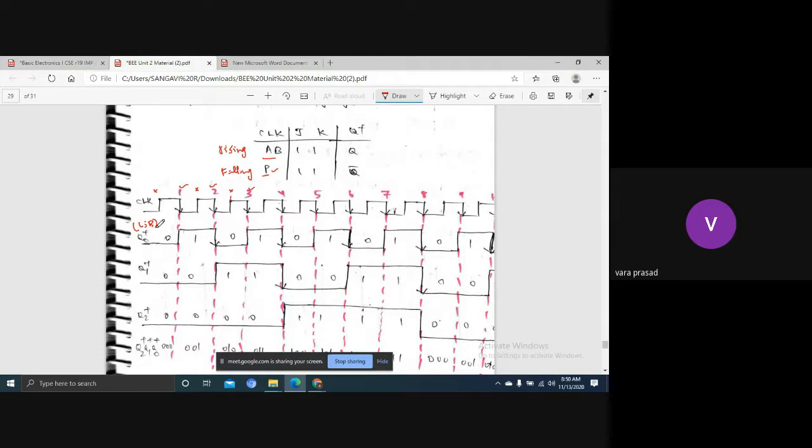Understanding or not? First, initially it is 0. Here the clock is absent, that's why it is 0 only. I already repeated, the clock is absent. For example, up to here this is the present state, you can take it as 0. Here we are getting the output, and this is the next state. See, the clock is absent, so this 0 will continue. This is the present state, and here we are getting the next state. Now, if you observe, where the clock is present, we get the complement of it.